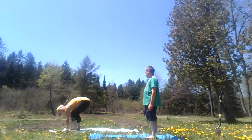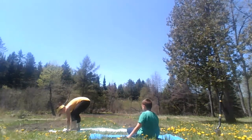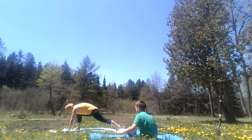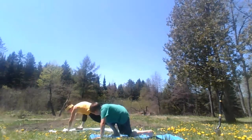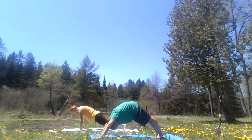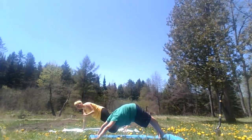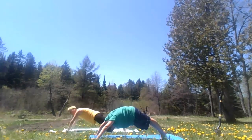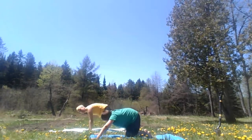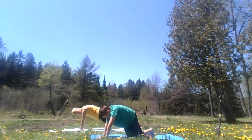Now as you inhale, we're going to step back into plank pose. So inhale, one foot back. Exhale, other foot back. Now when you're doing this plank pose for yoga, your hands should be directly beneath your shoulders. Not out in front of you, not out to the sides, not down here, but right under your shoulders for stability. You're on your toes,